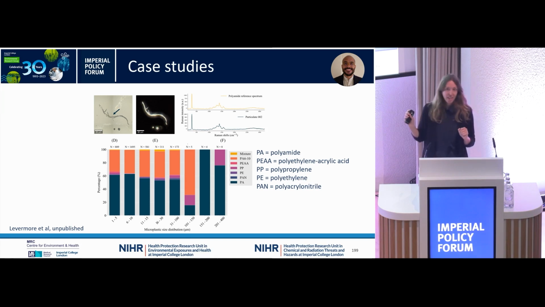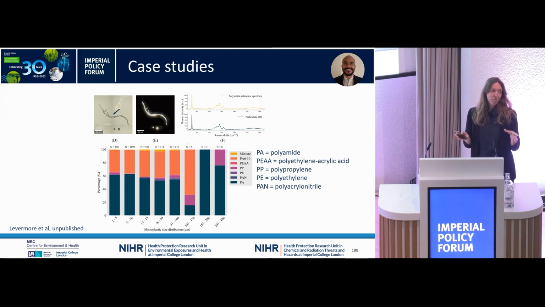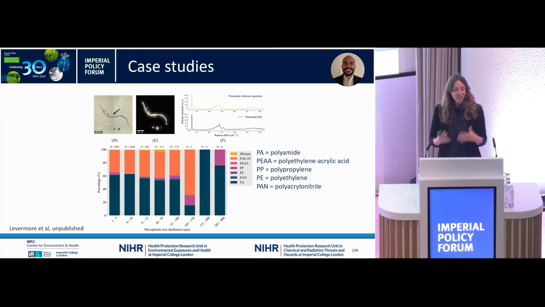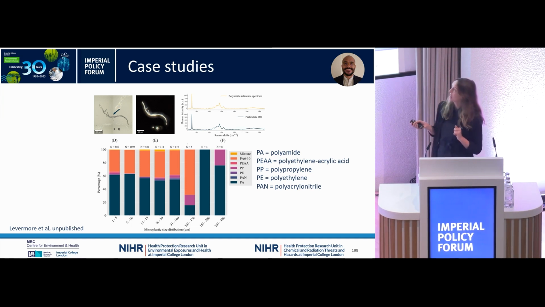So I'm just going to walk through another case study, so that we've applied this working method to a few different studies now, looking at airborne microplastic in different environments. So here's an example from a study looking at indoor airborne microplastics. This particular environment was the university gym. We picked the gym because of the hypothesized release of microplastics during mechanical wear, from wear and tear during exercise, from the machinery, from chemical plastic components of machinery and things like that.